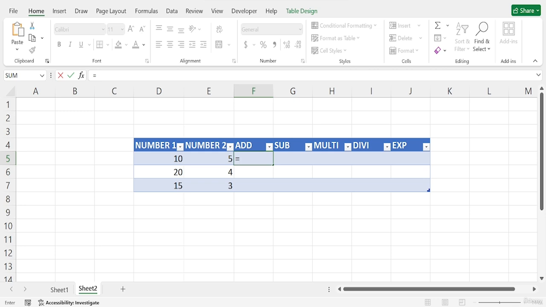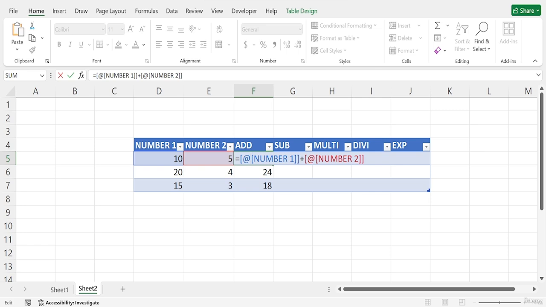So I'll select this cell, and then add this cell, and if I press enter, I get the right values, like this is actually 24 and this is 18.